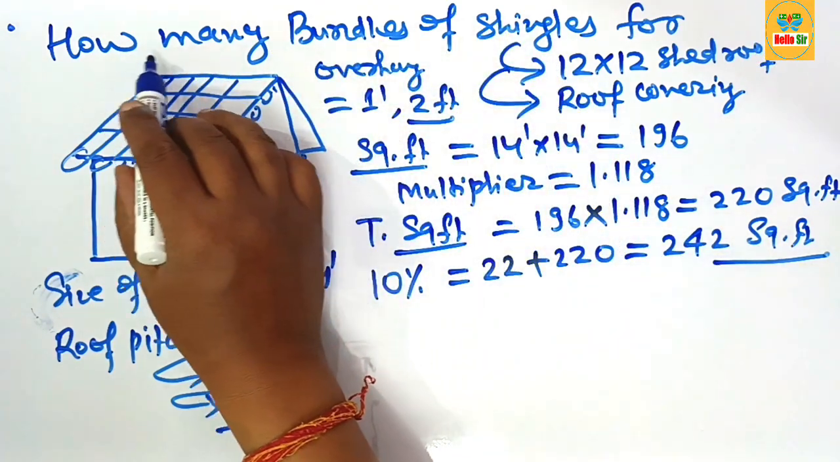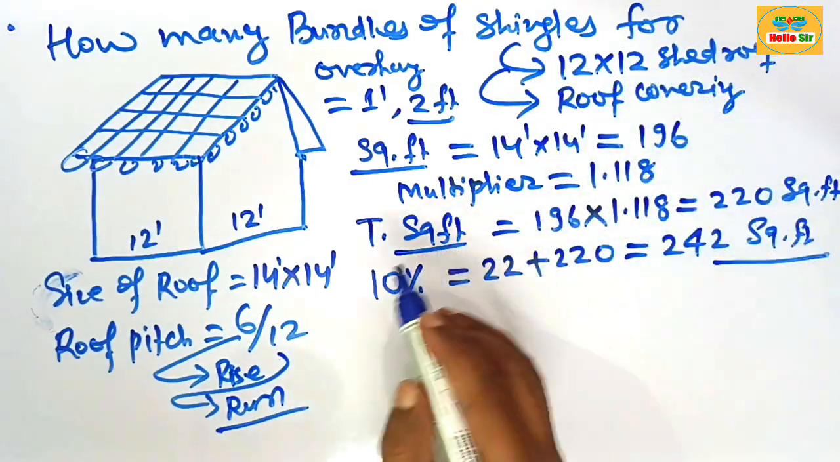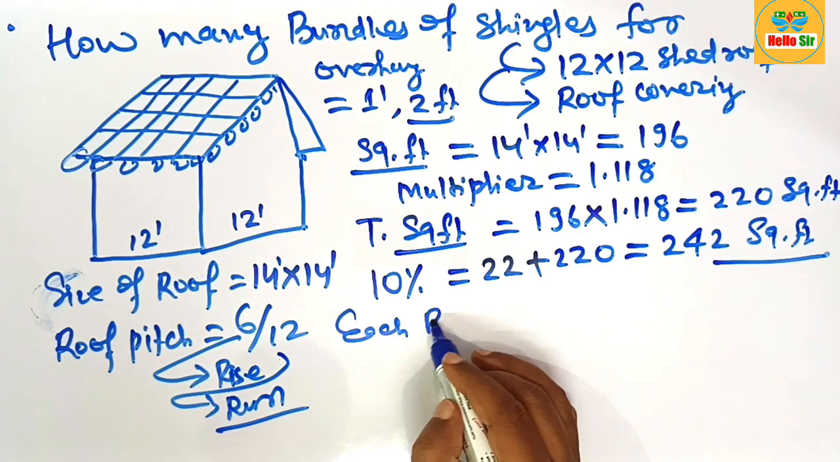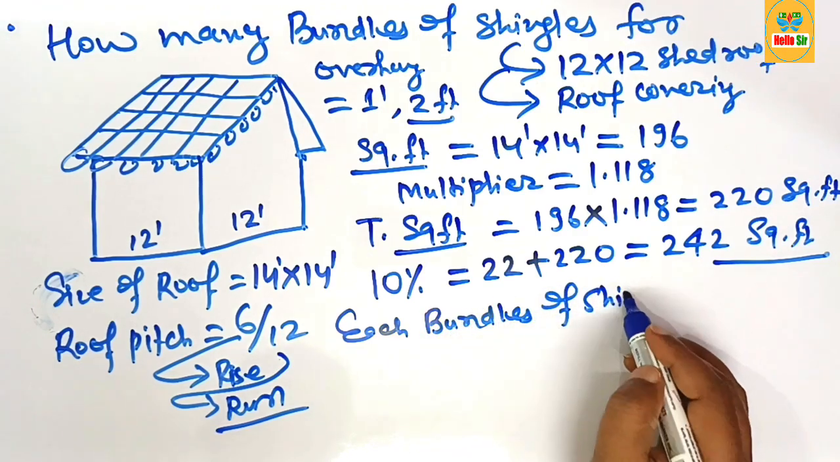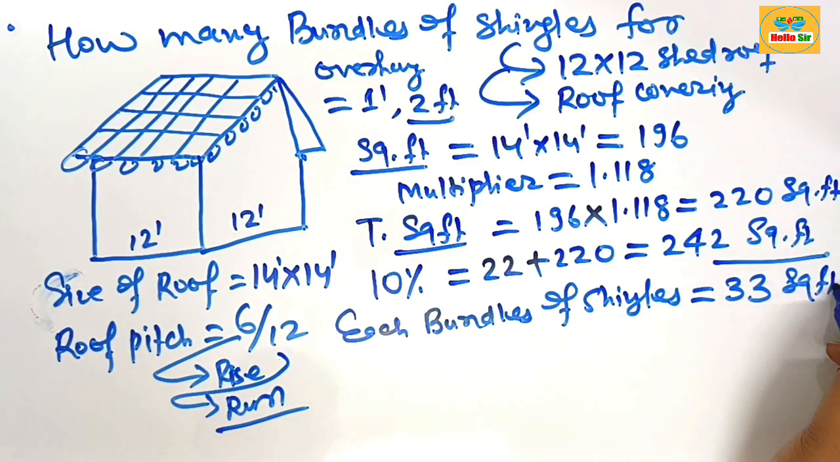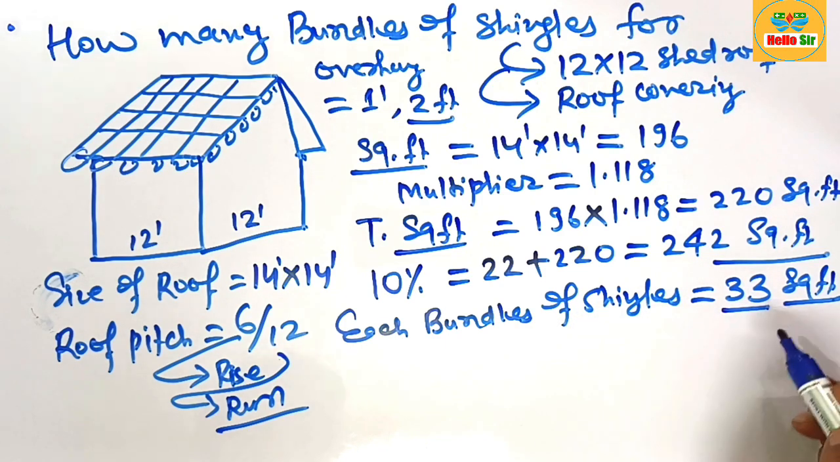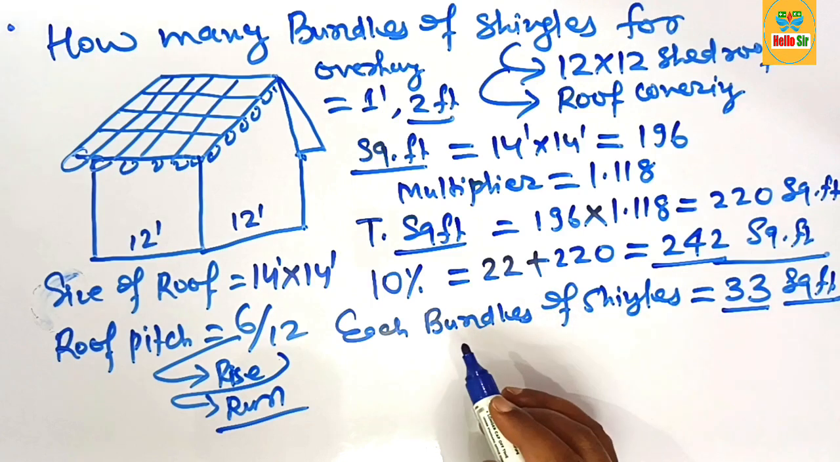And you have to find out how many bundles of shingles are required for the 12 by 12 foot shed roof. You know, each bundle of shingles covers approximately 33 square feet. Remember this one, each bundle of shingles covers about 33 square feet, and you need to cover here